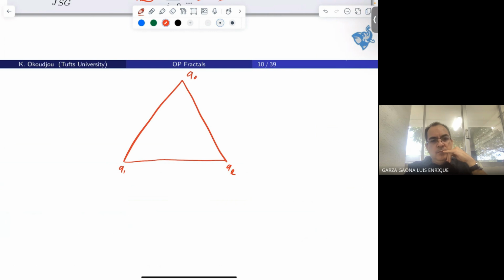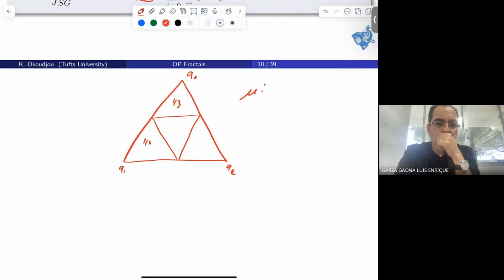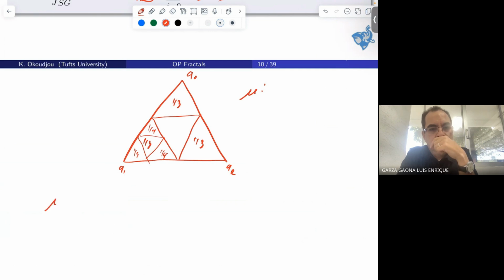What does it mean? It means I'm going to define the measure mu. That's going to be a probability measure that will assign weight 1/3 here, 1/3 here, and 1/3 here. And then when I repeat this process, if I divide this again into 3 parts, then this is going to be 1/9, 1/9, 1/9, and so forth. So in other words, mu will be a probability measure